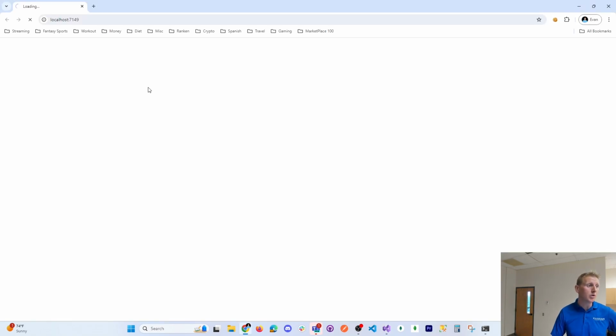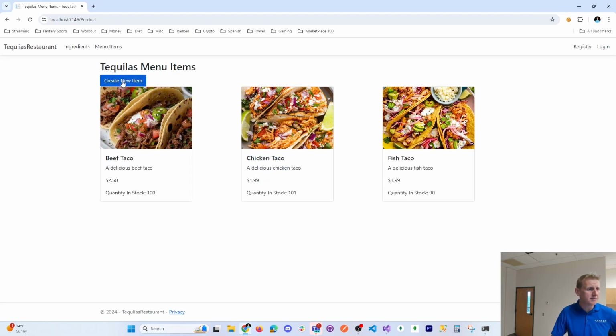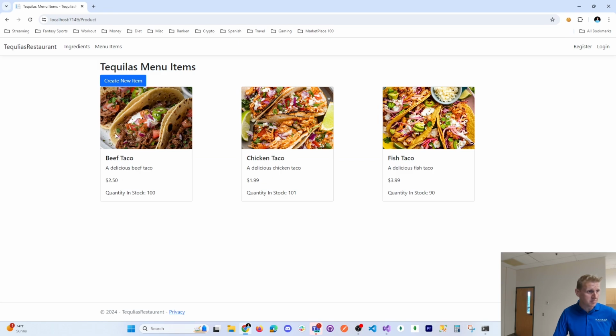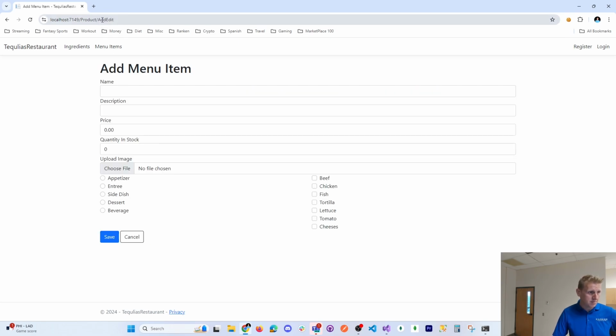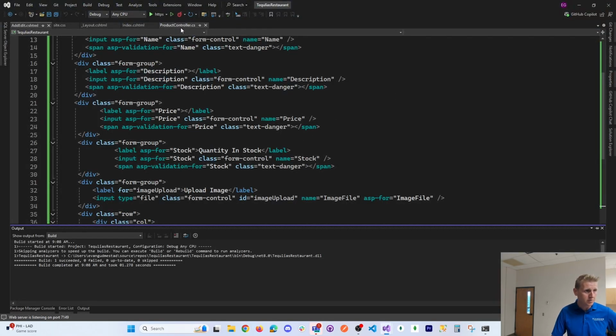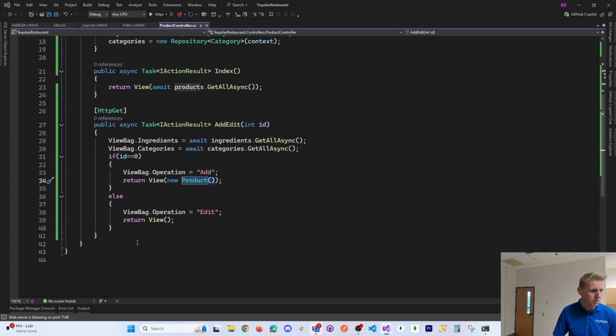quite ready to do work because we haven't written the post method. So we create a new item, and you know, I'm cool with this. You can style it how you wish. If I hit cancel, it goes back. But this add or edit, and obviously this save doesn't do anything because we haven't coded it. So let's go back to our product controller and write a post method